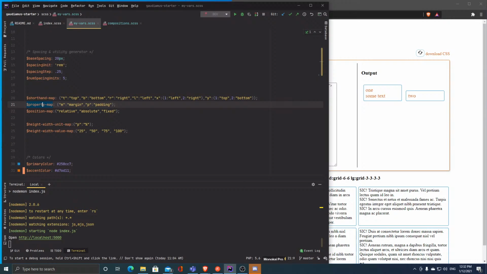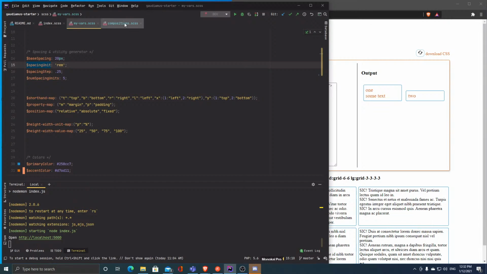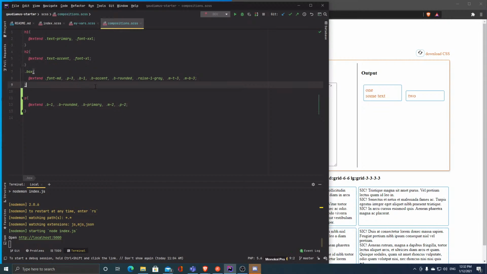And then I say, okay, so what is the spacing unit? It is REM. The spacing step is 0.25, and the number of spacing units, so how often it gets generated, is 5. So I can go up to 5, and it's going to be 5 times the spacing step and spacing unit, right? So if you look back into my composition, what I've done here with an M2 is to basically say,